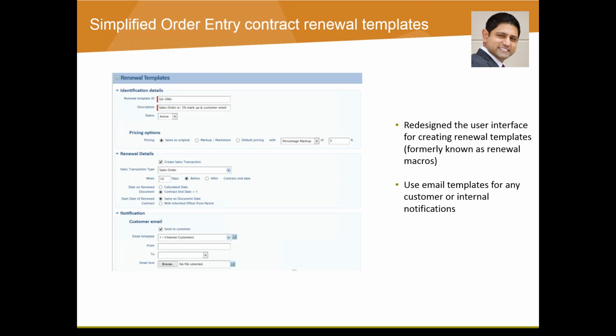What is it going to include? Well, I want to generate or create an actual sales order 10 days prior to that renewal date, right? And in addition to that, I'd like to send the customer an email that says, dear customer, you're up for renewal, here's a quote, so on and so forth. So it makes it nice, just some updates with regards to the use or the setup of the template.